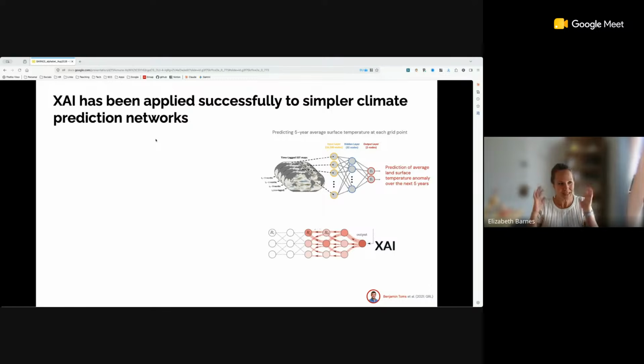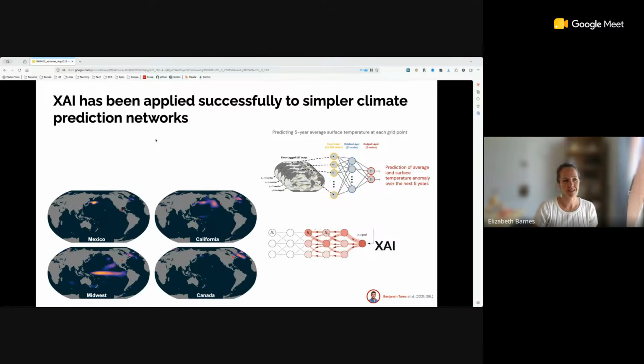It does okay, but that's not the interesting thing. The interesting thing is to then go backwards using certain attribution backpropagation approaches to actually figure out what the network is doing to make its successful predictions. What we can do is end up with maps like this, heat maps of the regions of the globe that the network uses to make a successful or correct prediction.